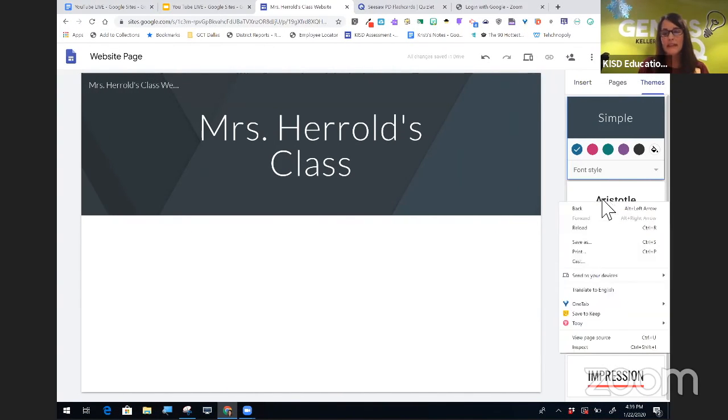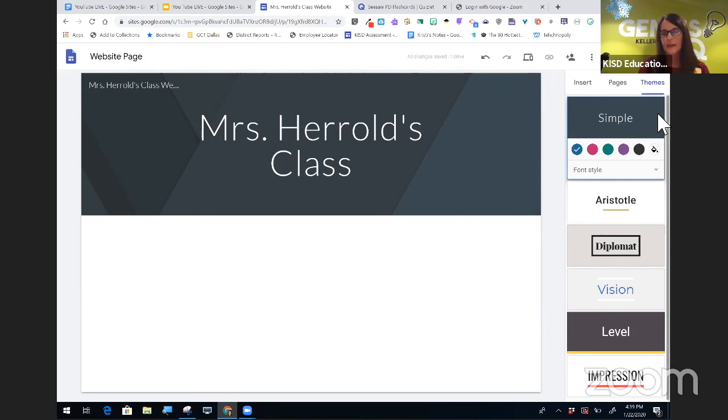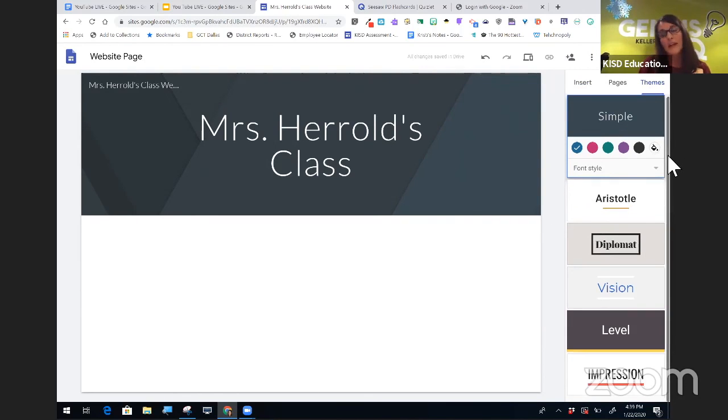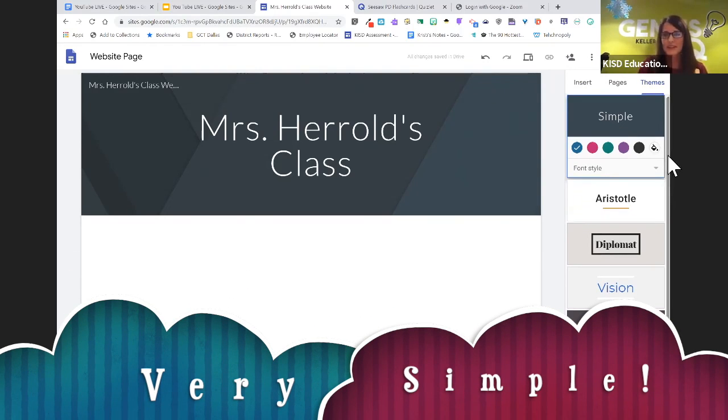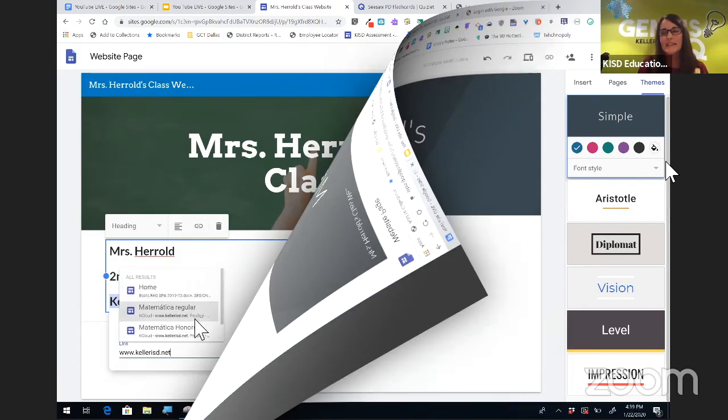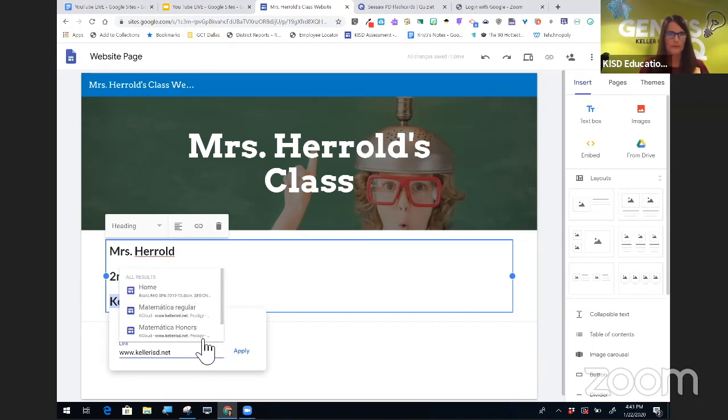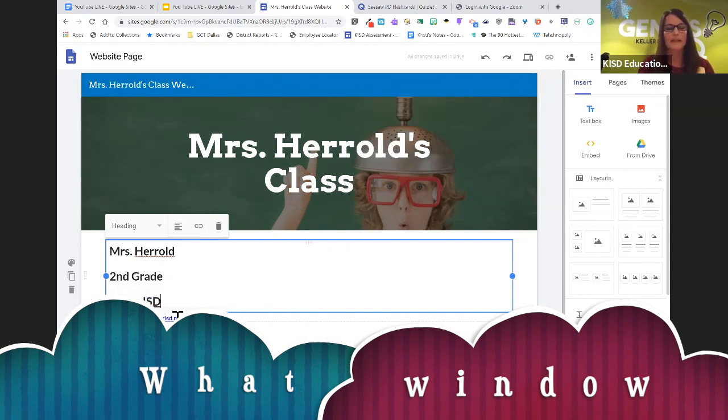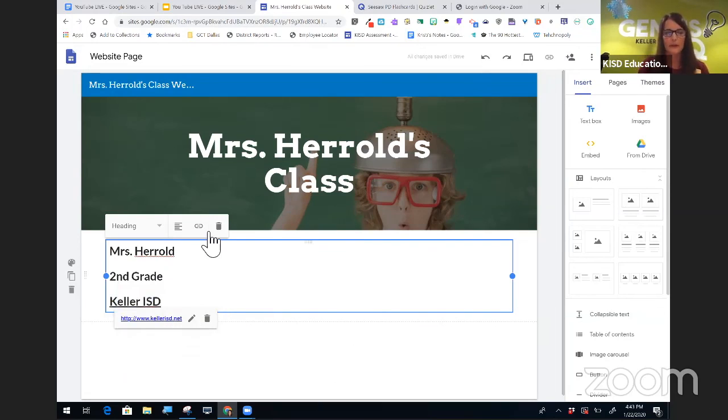And one great thing about Google Sites is it's simple. And not just because that's the title of the first theme. It's simple in that they don't move a little window out of the way so I can see what I typed. There we go. I'm going to apply that link there, and now that's going to link to the Keller website. And this box is